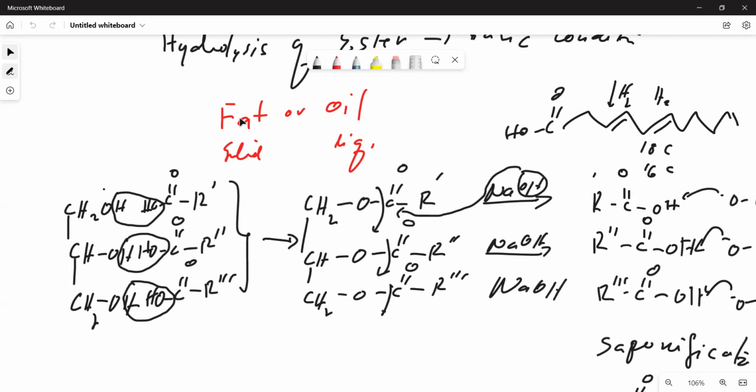So fat has saturated fatty acid, oil has unsaturated fatty acid, okay? So if we want the oil to become fat, all we have to do is remove this double bond by reacting with hydrogen. The process is what you call hydrogenation, if you recall, okay? So if there are still remaining double bonds, then you will end up with a semi-solid, no? Like margarines or butter or cheese, no?